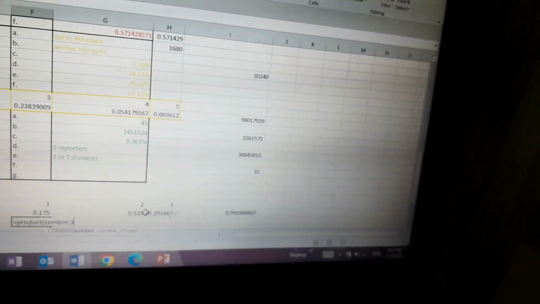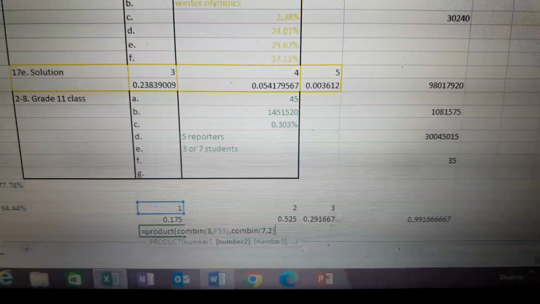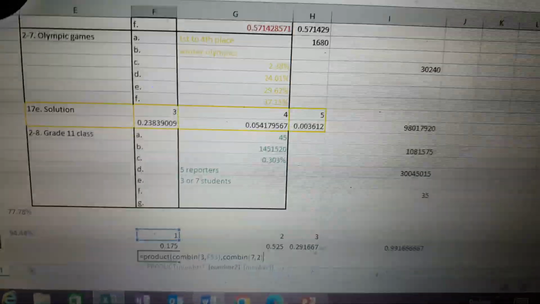How many STEM students are there? 3C1. And then combination 7C2. 3 plus 7 equals 10. 1 plus 2 equals 3. So divide by the combination of